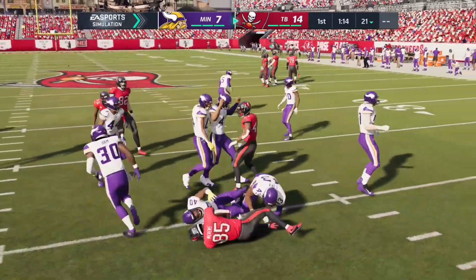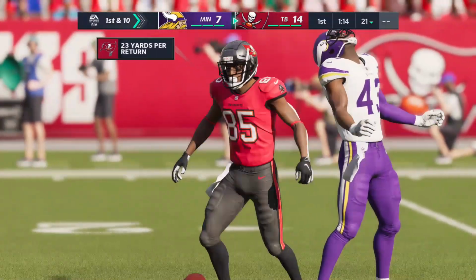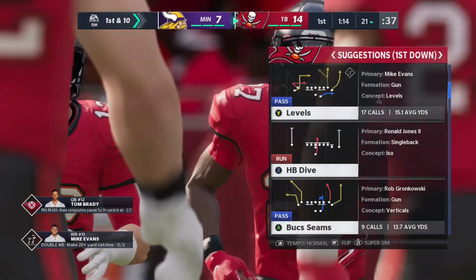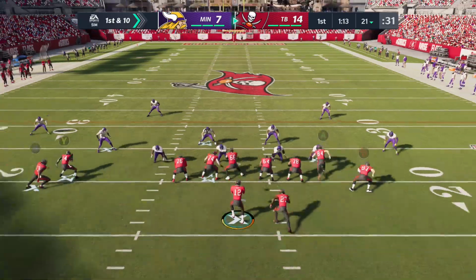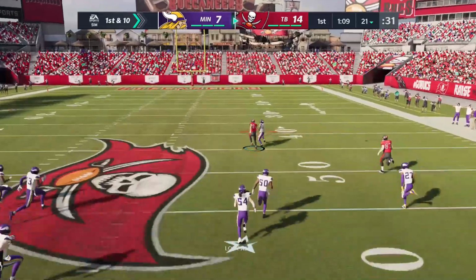And he's able to get this across the 20, but not by much, as he's marked down officially at the 21. At their own 21-yard line. Tampa Bay, they're getting ready to set up shop here for their second drive. And they'll just simply be looking to build off the confidence of the last time out where they scored a touchdown. Man, confidence is powerful, isn't it? When you've scored once, you feel like you can go back out there and get...